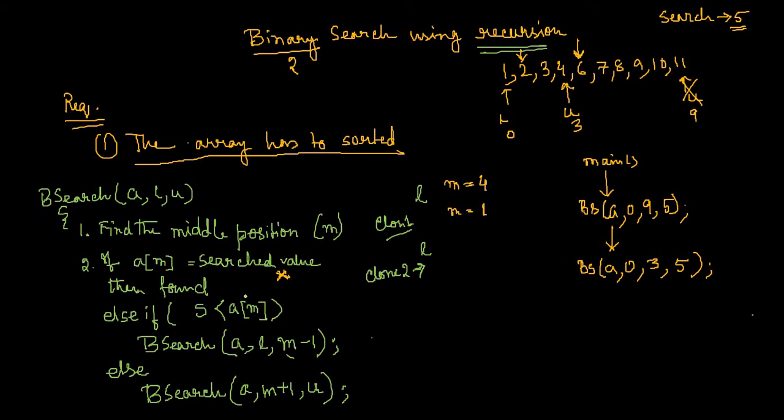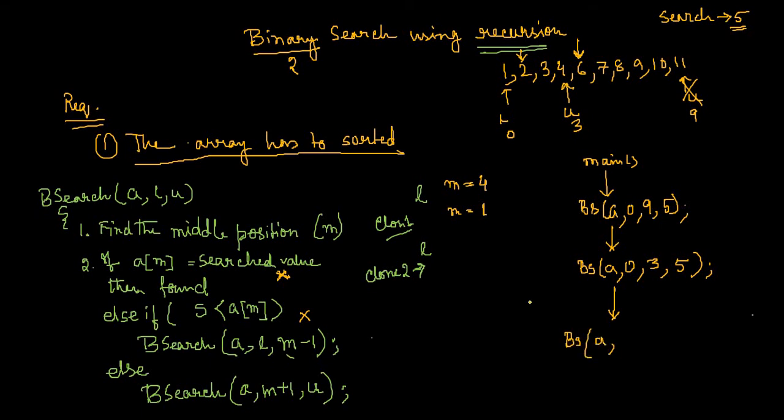So let's come here. Is S lesser than A of M? S is 5, A of M is 2. So obviously 5 lesser than A of M is not true. That means it will surely come in the else part. That means whatever data I'm searching must be greater than the value of the middle that is in this part. So according to this logic, what happened? This will call one more clone BS